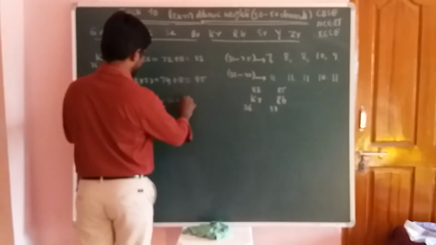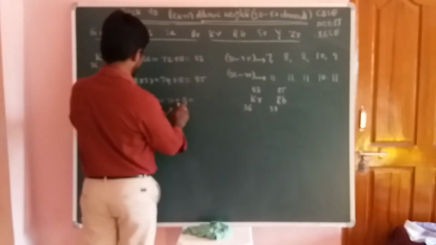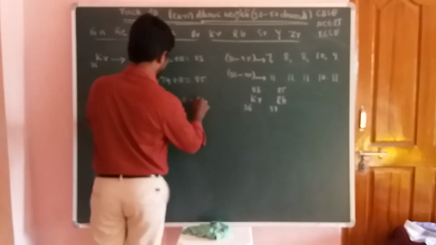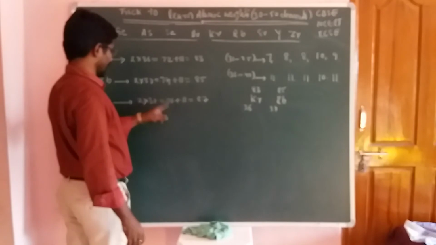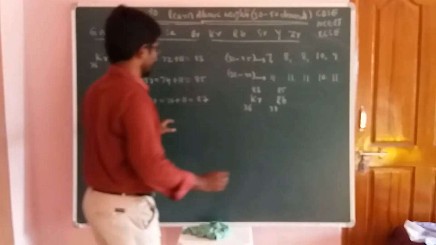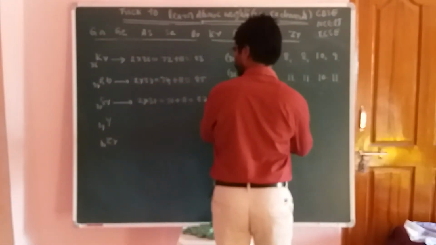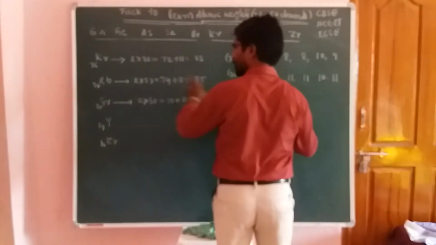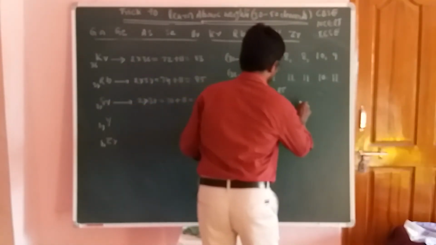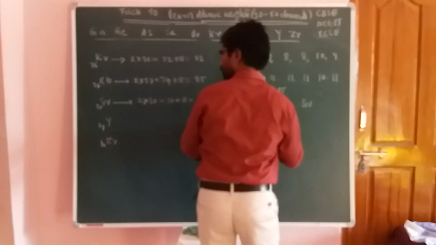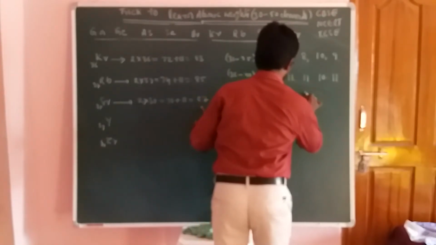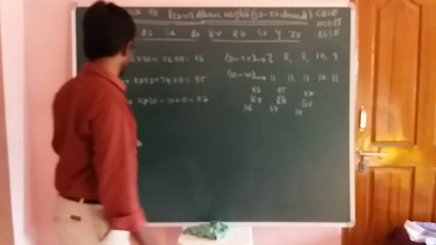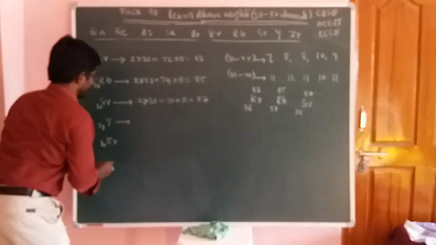Now this is also the same, plus 11. So this one is 87. Clear students? Strontium: atomic number 38 and atomic weight 87. And we will go further to the next element.